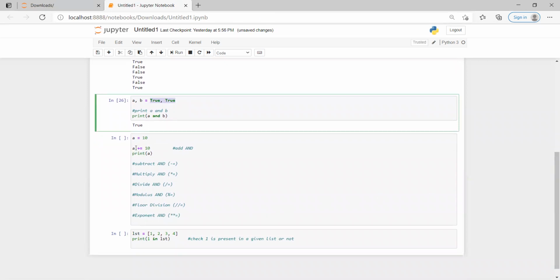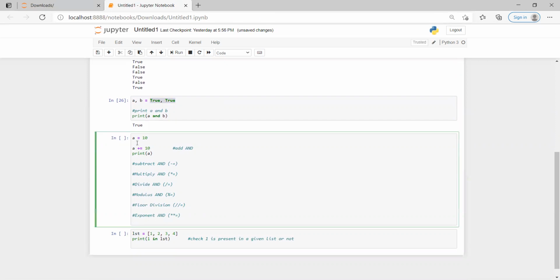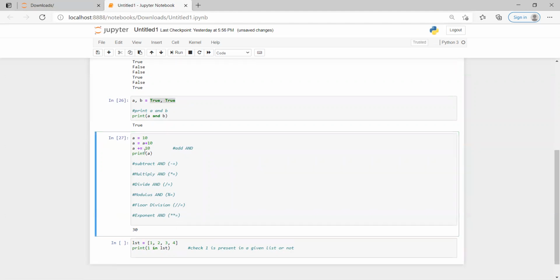in case of mathematical operators, you are seeing the execution A is equal to A plus 10. If I'm giving this, I want to write it in a very simplified manner. That's how normally we write it as A plus is equal to 10, which is nothing but A is equal to A plus 10. Similarly, what will happen? A is equal to A plus 10, in this case 10 plus 10 becomes 20. So when you execute this, 10 plus 10 becomes 20. So normally A is equal to 10, 10 plus 10 is 20, 20 plus 10, this statement will also get executed, 20 plus 10 is 30. That's the reason this is giving you 30.